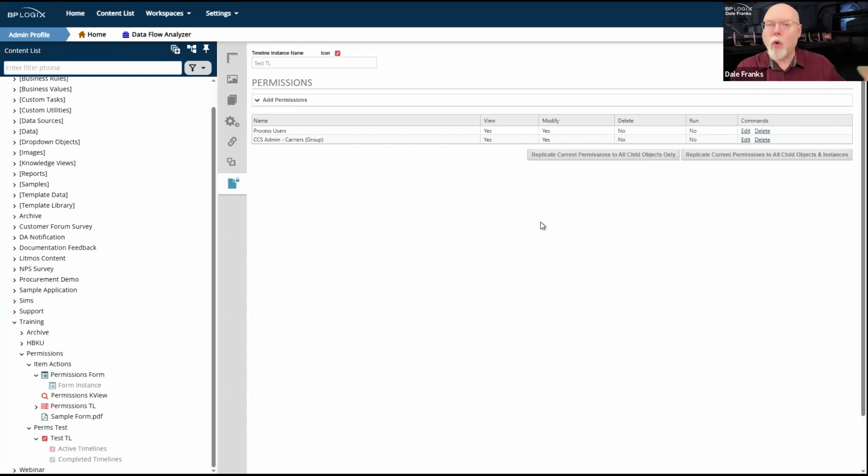And when I run a process timeline definition, as I did twice, it creates the timeline instances for me, and the timeline instances go through whatever process they go through. What I cannot do to a timeline instance is run it. There is no effective run action for a timeline instance. I can only run the timeline definition.